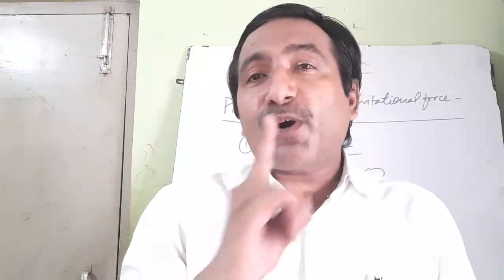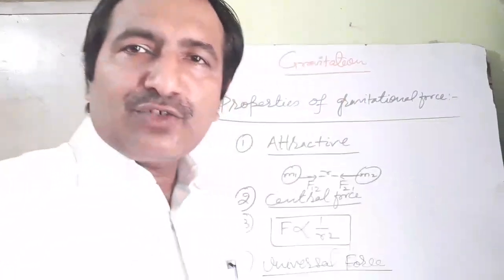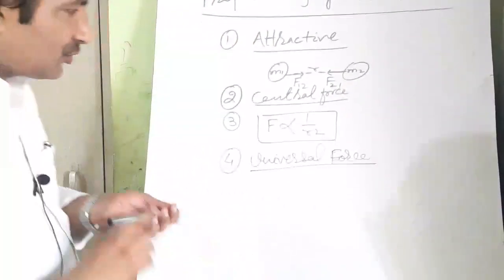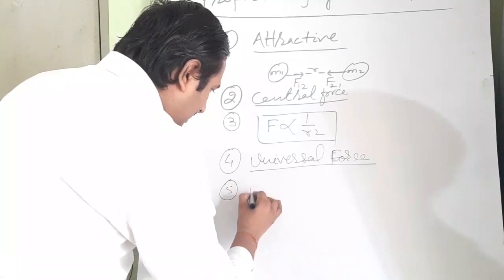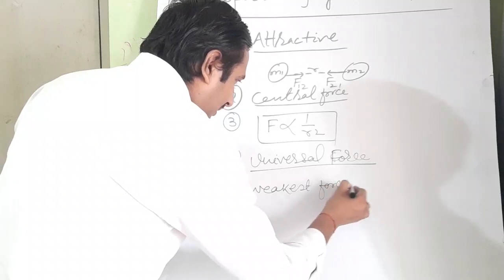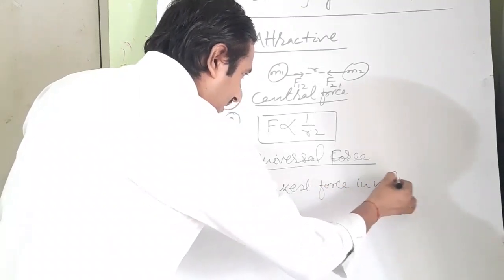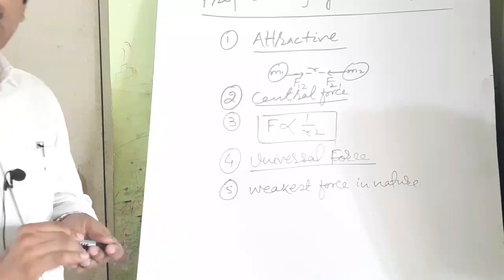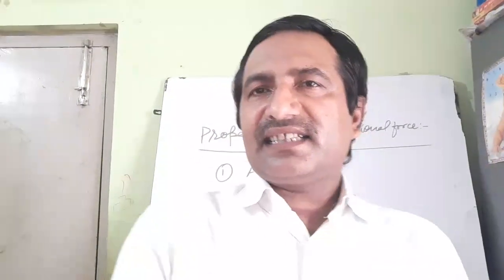Next and most important property is that gravitational force is the weakest force in nature and nuclear force is the strongest force in nature. So you must remember that gravitational force is the weakest force in nature and nuclear force is the strongest force in nature. Okay. Now in the next lecture, I will discuss in detail about